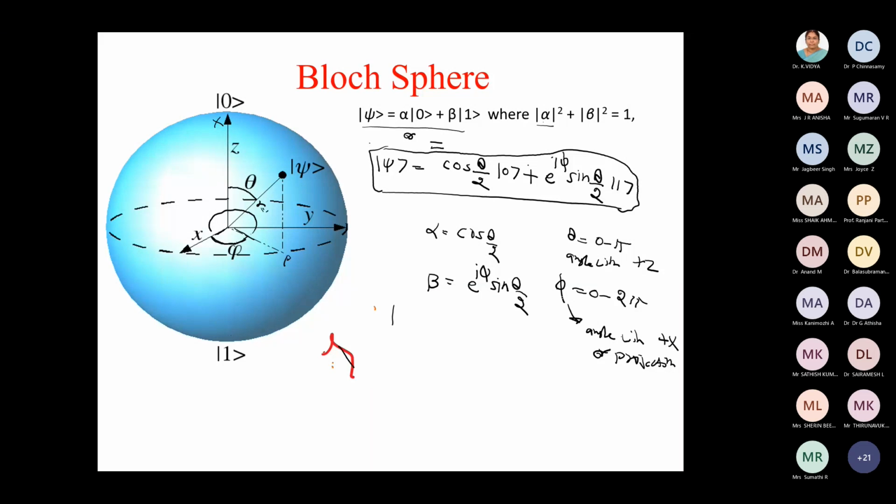So using this theta and phi, we can define a state uniquely over this Bloch sphere. If I give you alpha and beta, then you can find theta and phi and denote a state on this Bloch sphere. Given alpha beta, you can tell the state, and given theta and phi, you can tell the state on this Bloch sphere. Any point on this Bloch sphere is a valid qubit state, because mod alpha square plus mod beta square will be 1 for that point. We will revisit this in the next slide.